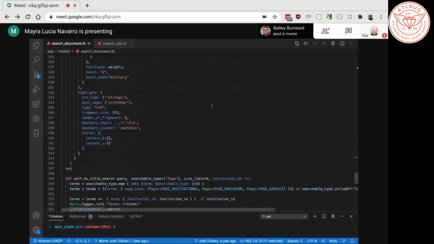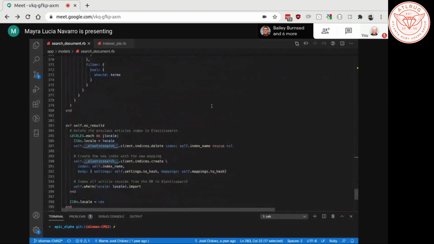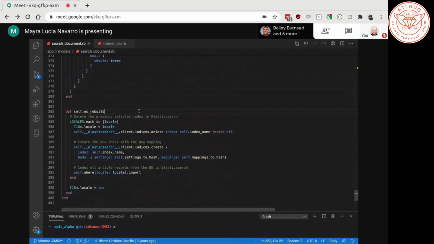And this is a really big project, I know. And this is how the data is indexed. Actually, we have a project right now where the data has to be indexed in multiple languages, not only in Spanish. That is why we have this kind of solution here.